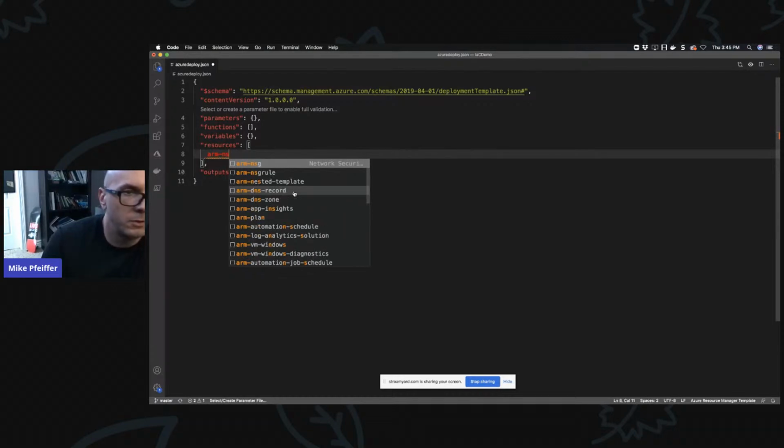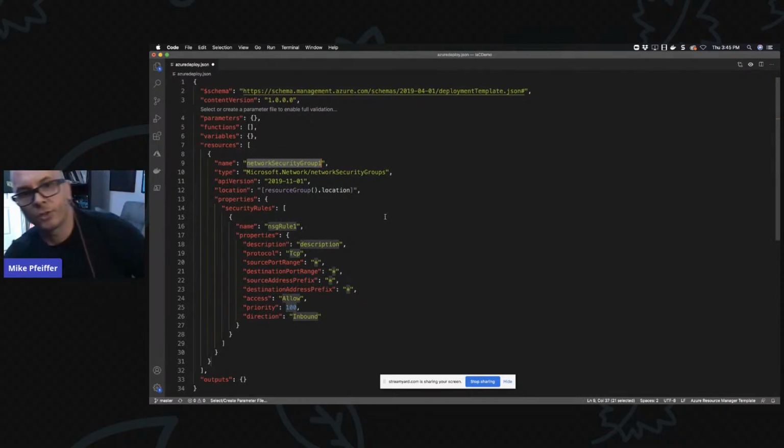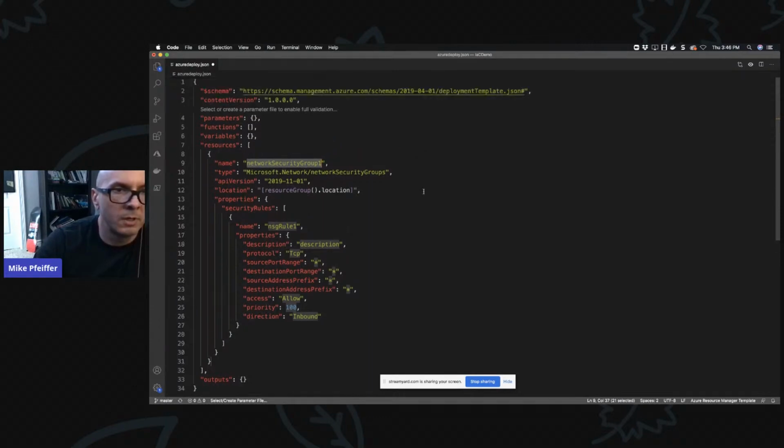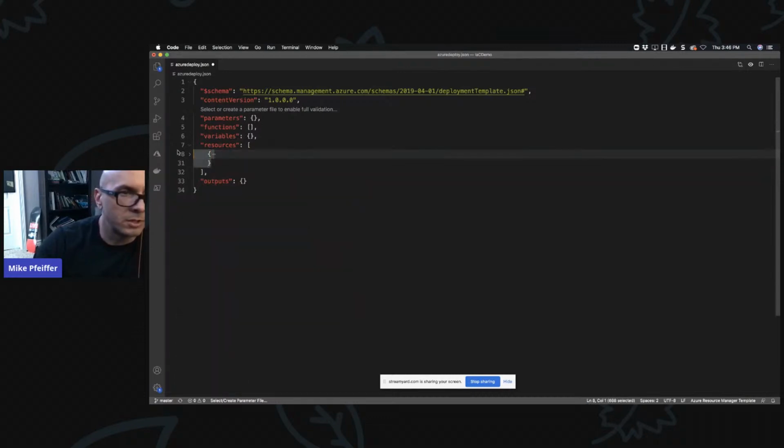There's one for an NSG, a network security group. If you've been working with Azure, you've probably run into this when dealing with VMs. A network security group is just a software firewall. You can connect it to a NIC on a VM. You can associate it with a subnet in an Azure VNet. All that stuff works, but check it out. What's the name? Well, we can hard code this, or we could parameterize it. First, let's just do the hard coding scenario. Web-NSG. So this is going to be a network security group for a web server. But notice it's just an object. It's just a JSON object, right?